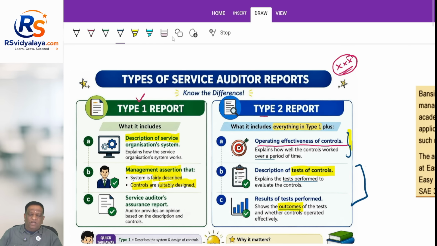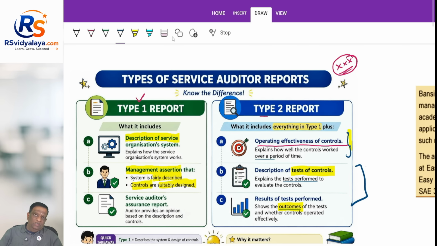So, do we spend that amount and get a type 2 report, or is type 1 sufficient? That depends on the volumes being outsourced and the output of the service organization, and how important the outsourced activity is for the user organization's financial statements. If it is a very important item, then as a user entity auditor I would insist on a type 2 report. But if the services are important but not that material to the user entity, I do not want the entity to waste so much money, because it is not very material to the financial statements I am certifying. So, I would be happy with the type 1 report.